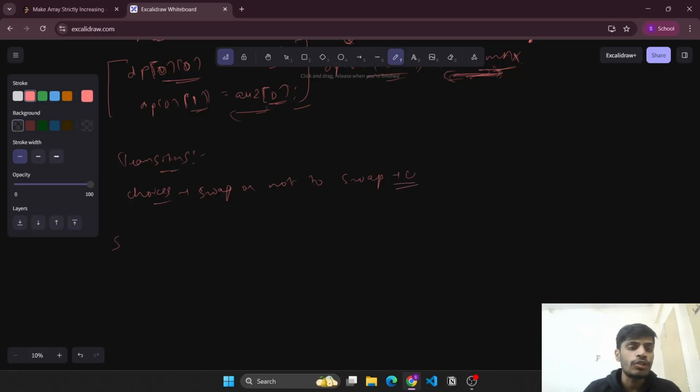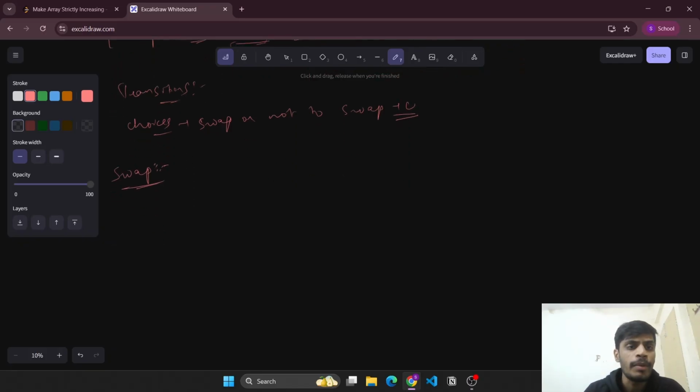So let's see the case of swap. We perform a swap operation at index j. So when we perform a swap operation at index j, that means this j would have increased by some value, right? So initially, suppose we perform a swap at this particular index, we'll perform a swap in the most